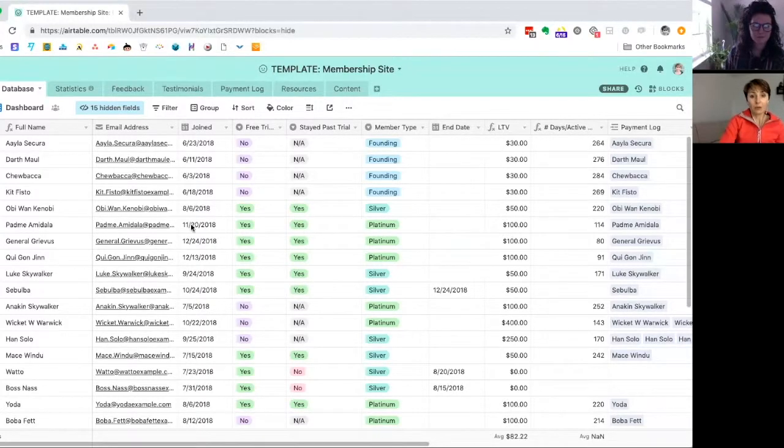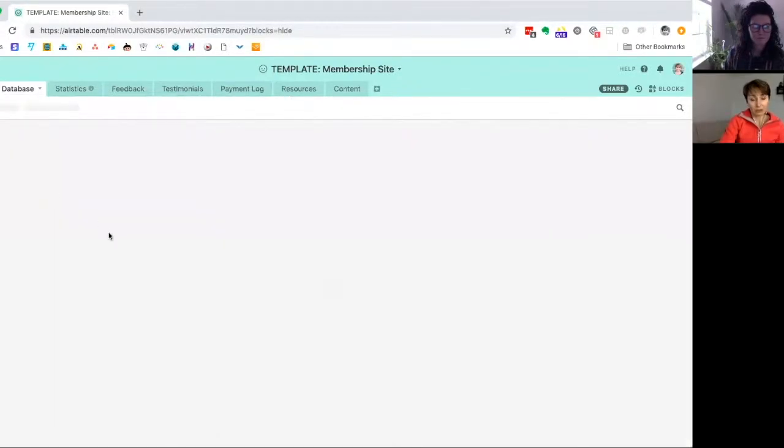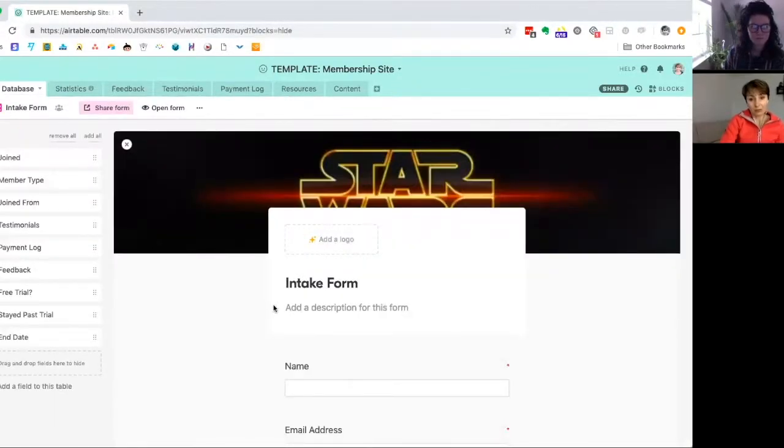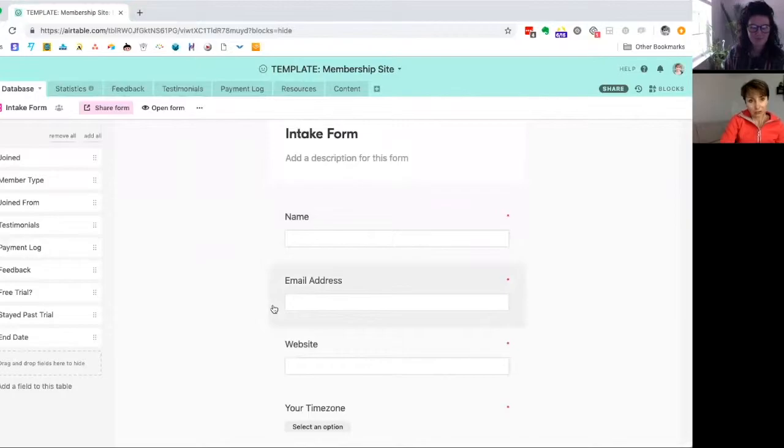So in this Airtable, as you can see, I have a number of different tables over here. But before we talk about the dashboard, let's quickly take our viewers to the intake form, because usually this is the place where any new member would start. As I mentioned earlier, super briefly,